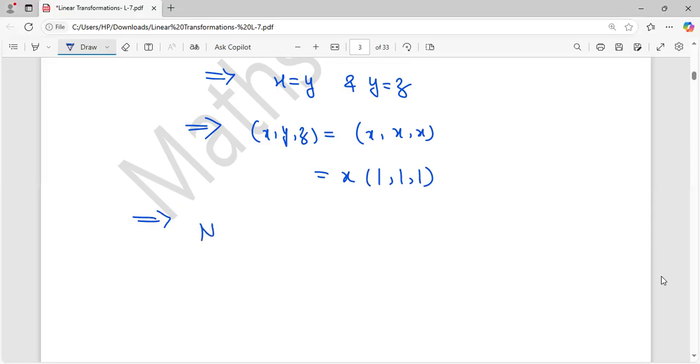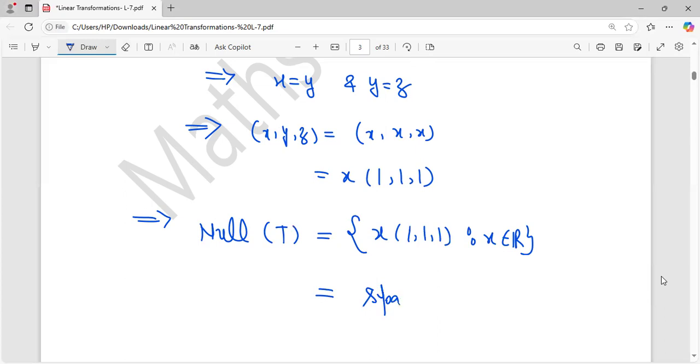So this implies null of T is {x(1, 1, 1) : x belongs to R}. It means span of